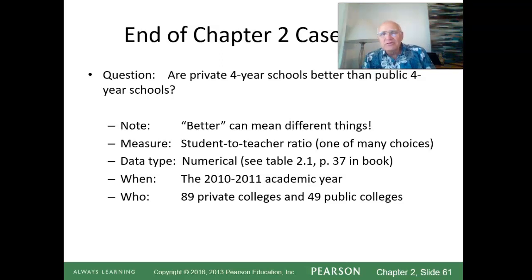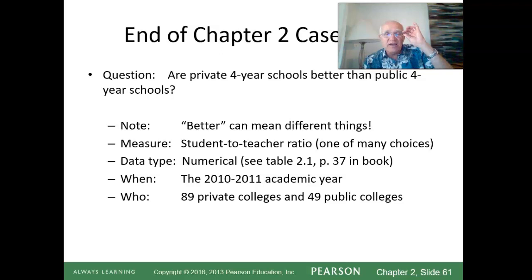You could measure it in terms of outcomes, some kind of test like the SATs and so on. But in this particular case, they said, let's look at the student-to-teacher ratio. You would assume that if you have a lower student-to-teacher ratio, then the students would be getting more attention, assuming the teacher is good, and that would be of benefit. The quality of the teacher is another thing that you could measure if you had the ability to do it.